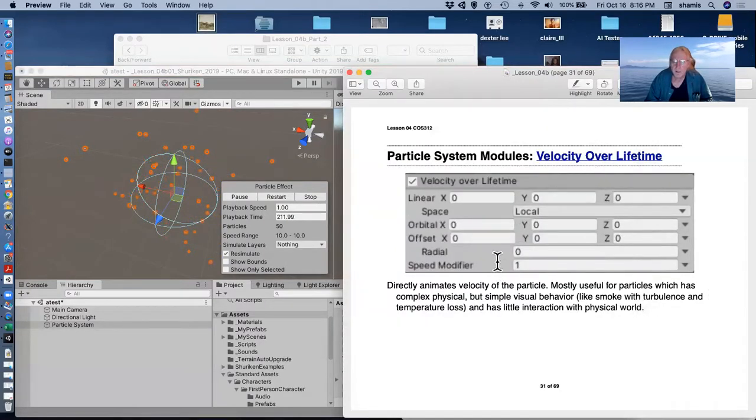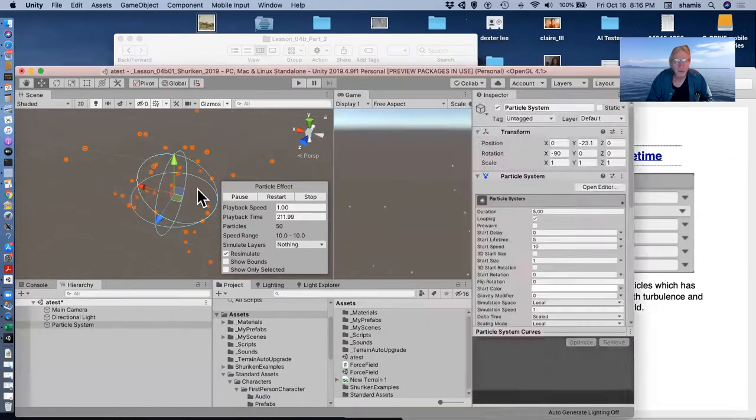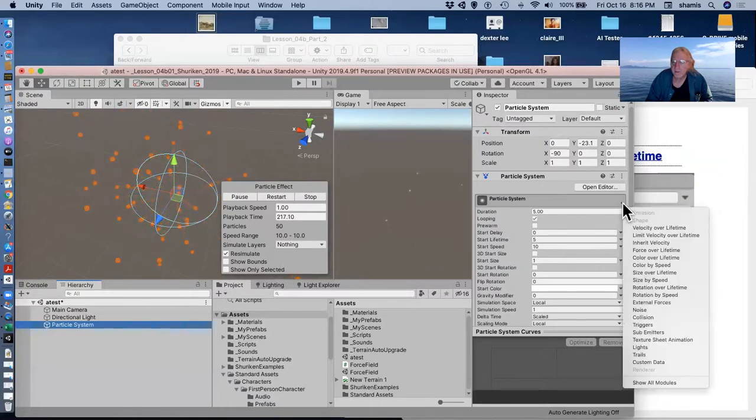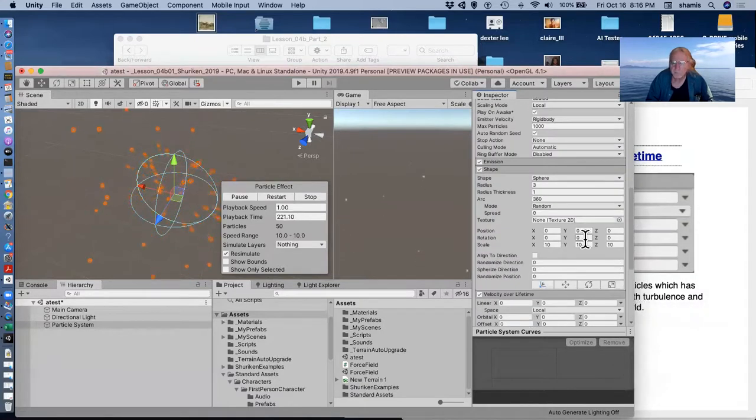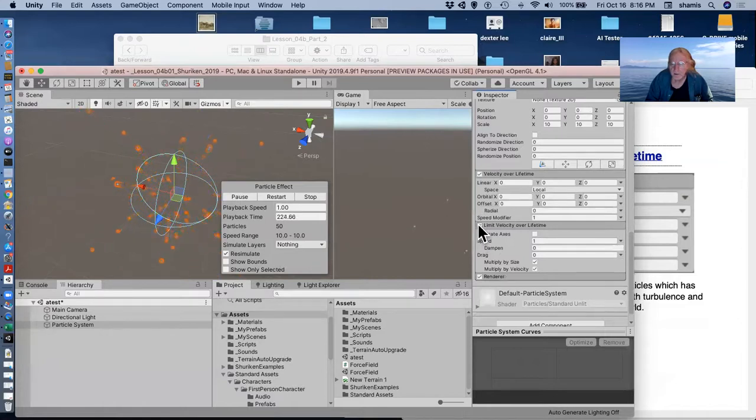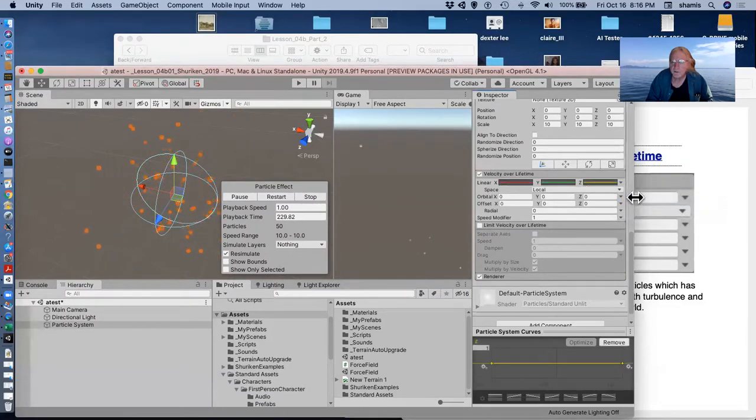velocity over lifetime. This lets us set how fast the particle goes over lifetime. And of course, with constants, it's just going to stay that value the whole lifetime. But we can put curves in there that make it behave in particular ways. So with this particle system, I'll add a velocity over lifetime. Whoops, that's the wrong one. Velocity over lifetime. And I'll pick curves here,